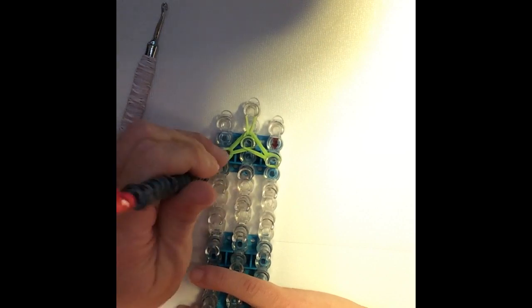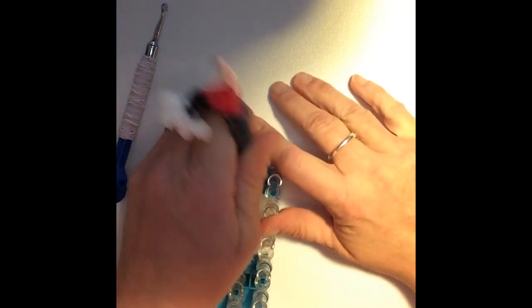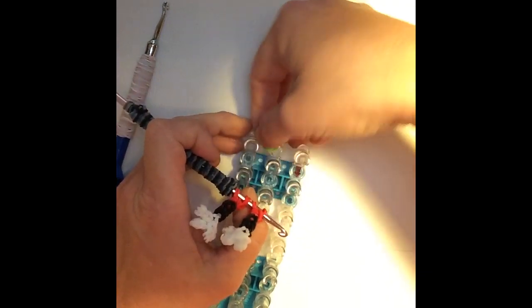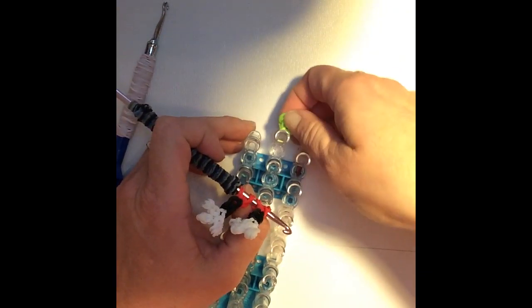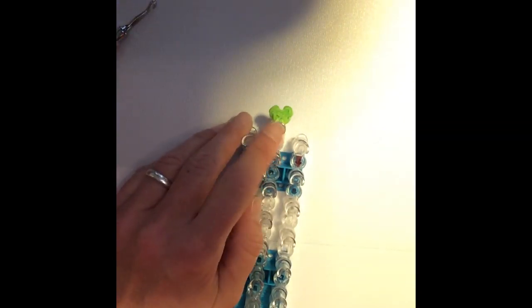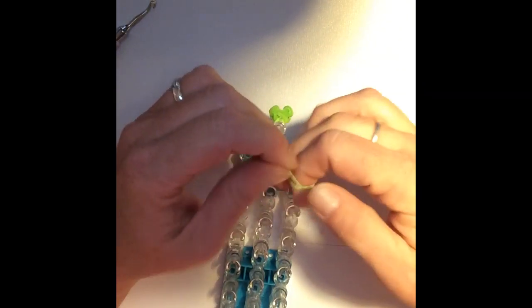Now I don't want to remove this just yet. So I'm going to loosen this up off of the pegs on the 2 sides, and I'm going to pull off that, but I don't want to come off that pin there. I'm going to pull this around like that. Now I'm going to repeat the process again, so I'm going to take another single double,